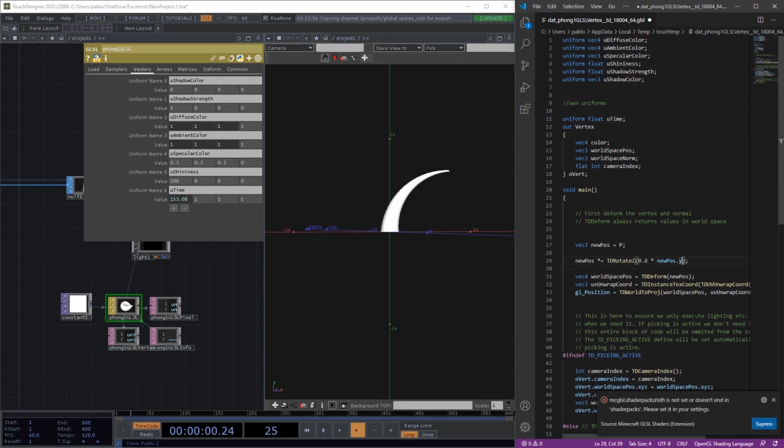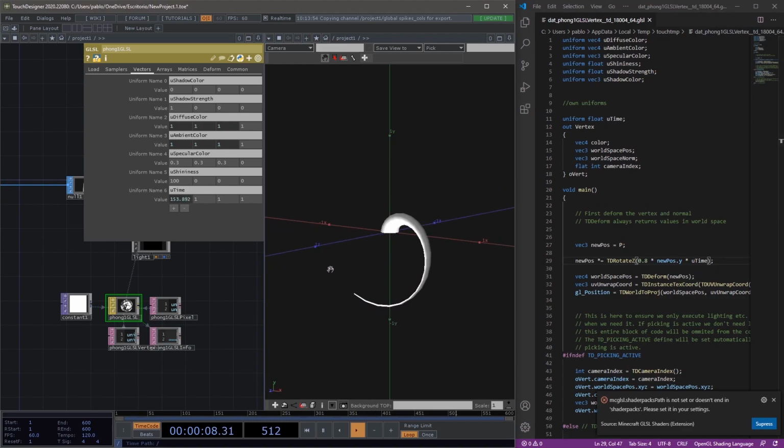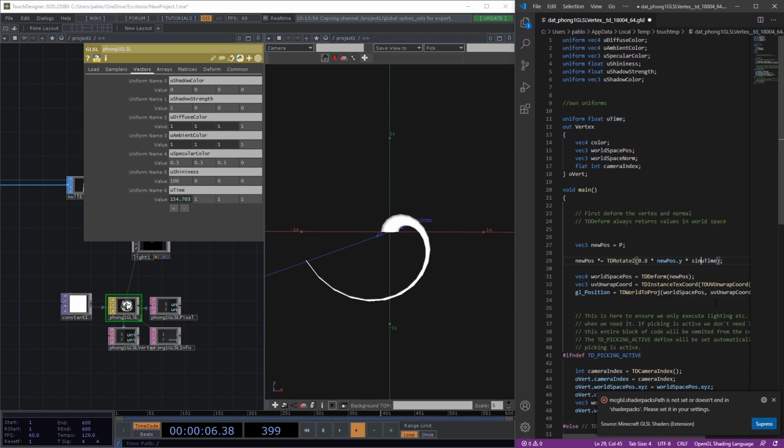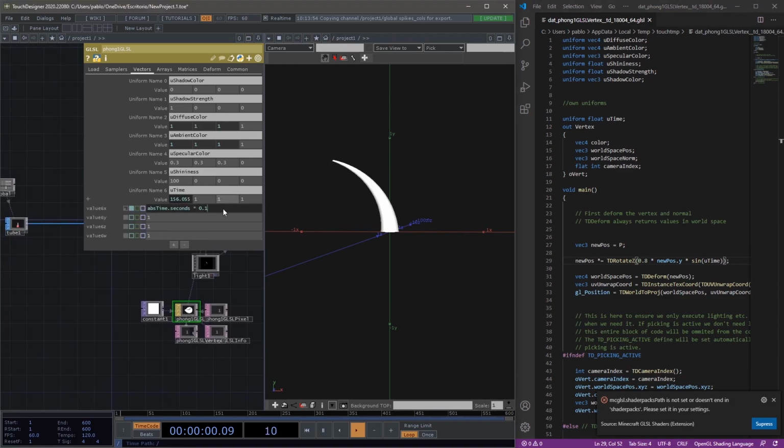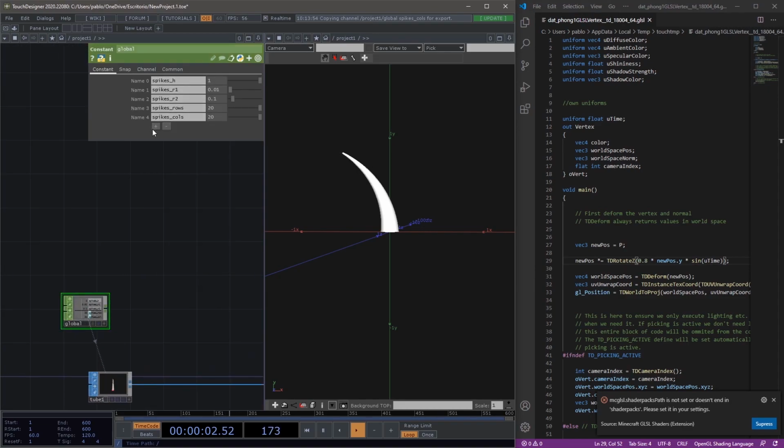and what we can do is multiply uTime. Now we see that this is going to be always growing and growing, because this value is always going up. So if we add a sine function, it will be like a pendulum, so it will go one way and another. Okay, I think that the speed is very low, so instead of changing every time here, what I can do is add here a speed constant, maybe 0.8,